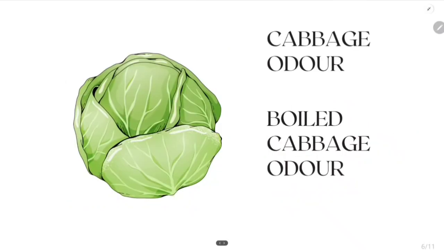The next one is cabbage odor and boiled cabbage odor. Cabbage odor is seen in type 1 tyrosinemia. Tyrosinemia has many types, and among them it is type 1 tyrosinemia that gives cabbage odor. Some high yield points regarding type 1 tyrosinemia: there is an enzyme defect. That enzyme is fumarylacetoacetate hydroxylase. If this enzyme is deficient,